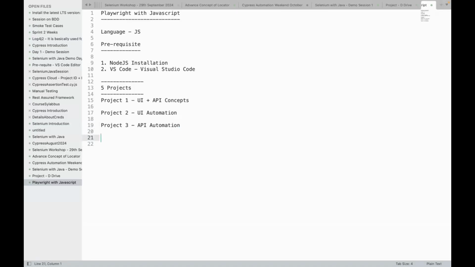And then we will have project 4, which will consider Cucumber plus UI automation.